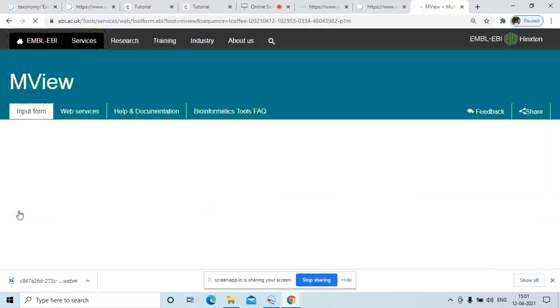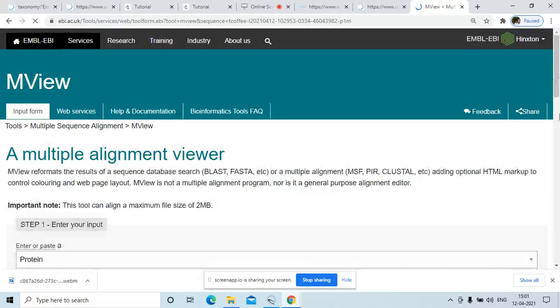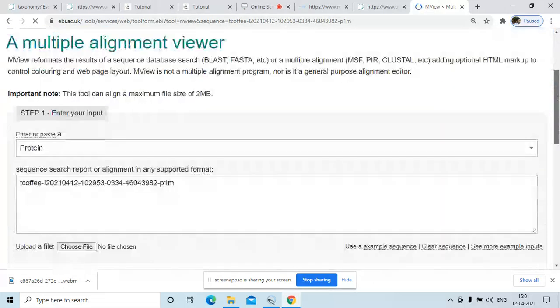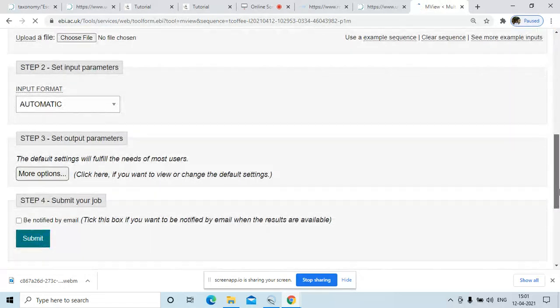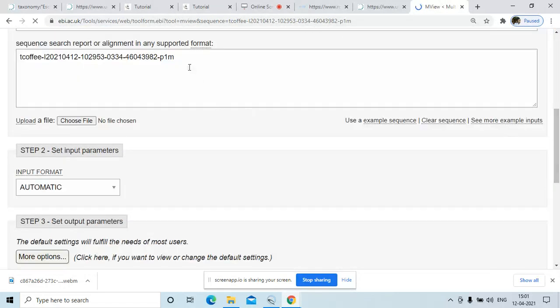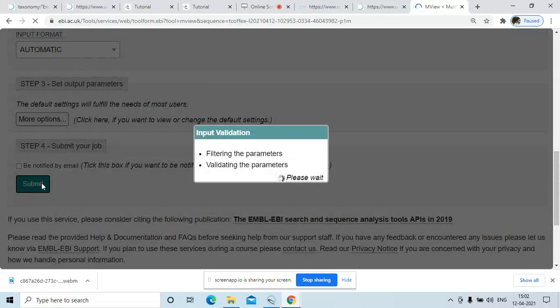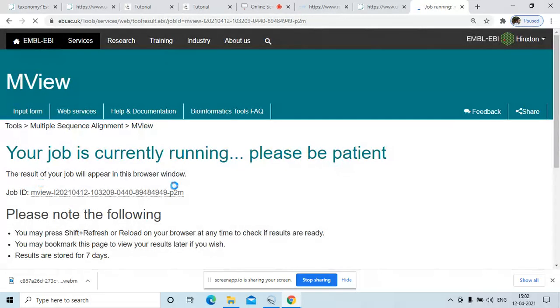So we will view in MView, which is a multiple alignment viewer. Here the input file is there. Now we will submit. It will open the result in a colored format, which we will just see.